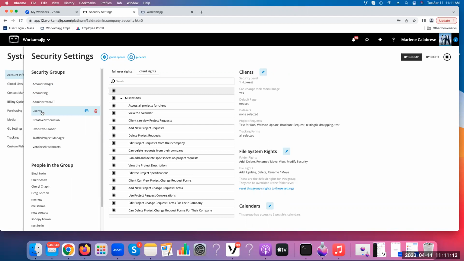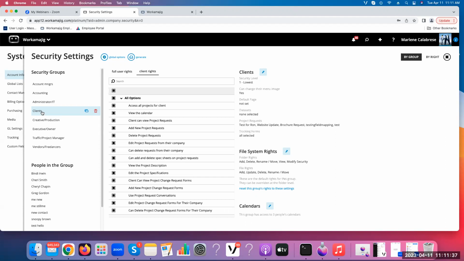And a good reason why you might do this is if you're trying to separate them out and say, these clients can't see work for these other clients. And so that's something we could help you with on an individualized call, helping you get the security settings set up and have multiple client security groups. We're not going to cover that today. We're just going to cover the very standard setup, but just know that that is a feature and an option